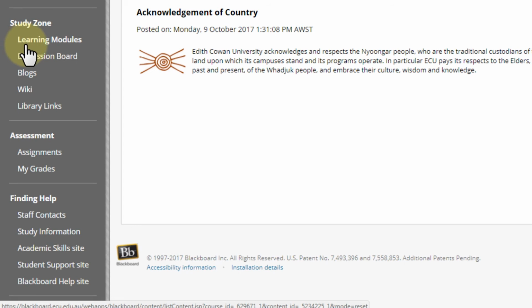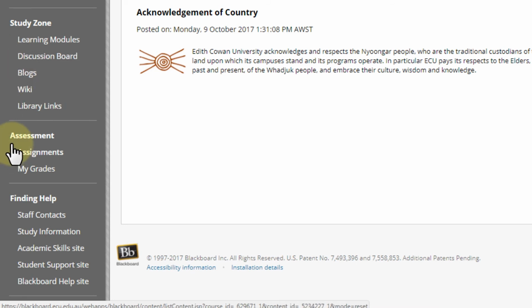An important thing to mention here is that you may not see too far ahead into your materials, so it is vital that you come by the Study Zone often to make sure you don't miss out on any newly released materials. The Study Zone is also where you will find important tools for communicating and participating in your class, such as discussion boards and wikis.